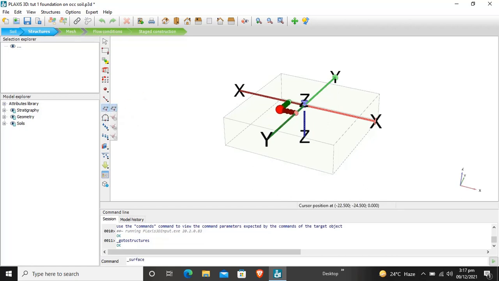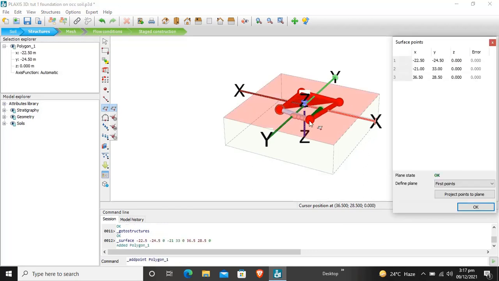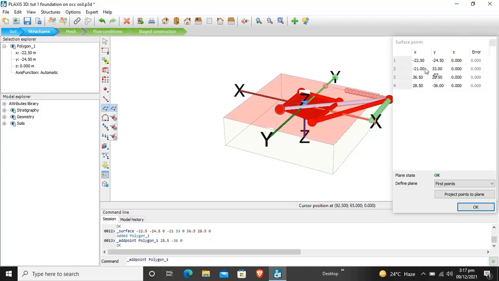So our building is a rectangle or a square. So we will mark 4 points. Now we will enter our coordinates, that is minus 18, 36, minus 18. Our building is 36 meter by 36 meter with 2 meter depth. So we will first create a surface to provide a path to the building.